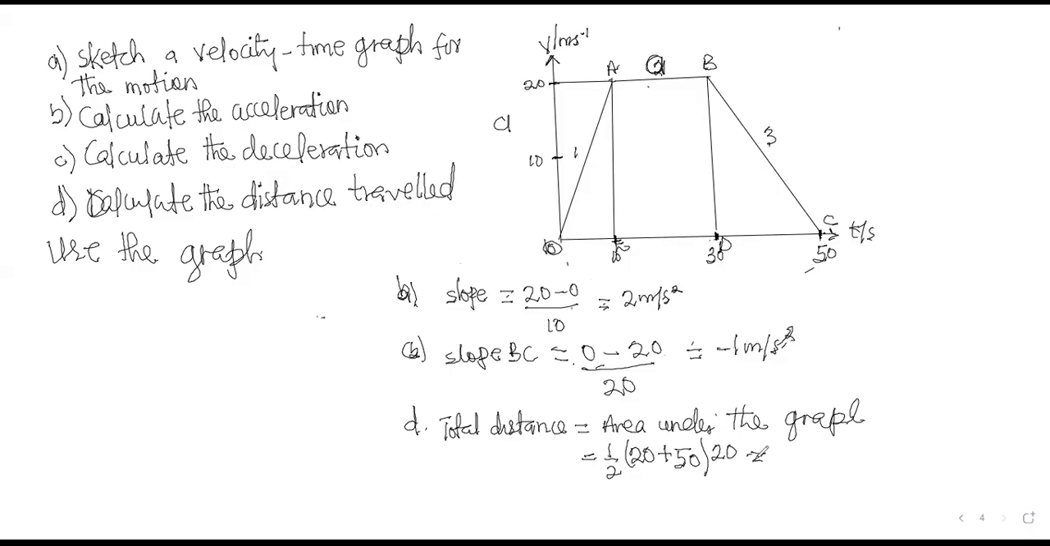Therefore, we have half times 70 times 20. This goes into this one. So we have 700 meters. Okay. You can also confirm the same thing by considering area,